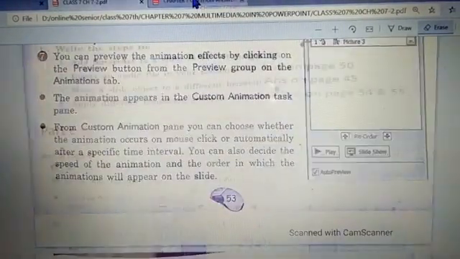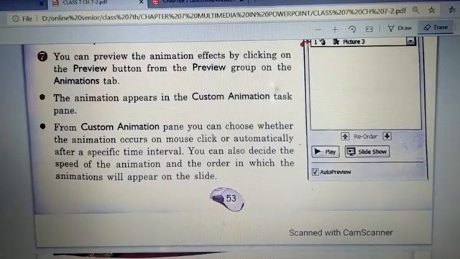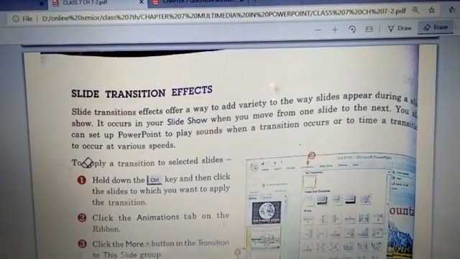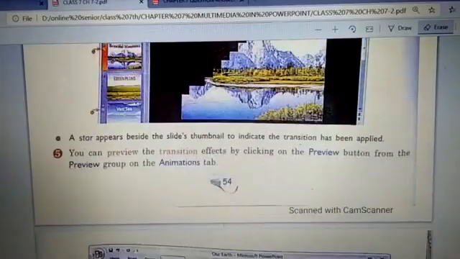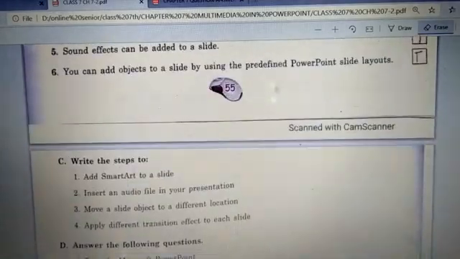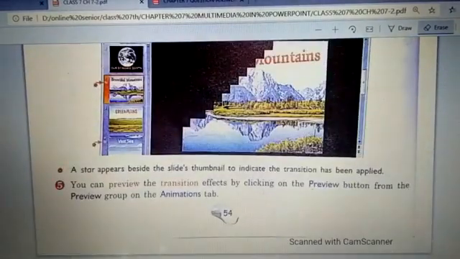See this. What you need to search for is transition effect and its steps, right? So on page 54, see transition effects. This is on page 54. Then if you see, a small part is on page 55 also, children. This is page 55, and see, a small part is here also. So I want you to answer this, the entire 10 steps, and this is the big one and the important one, so learn it properly, children.